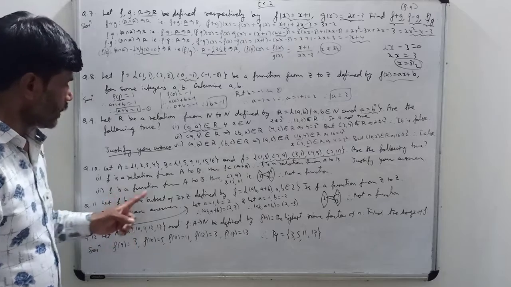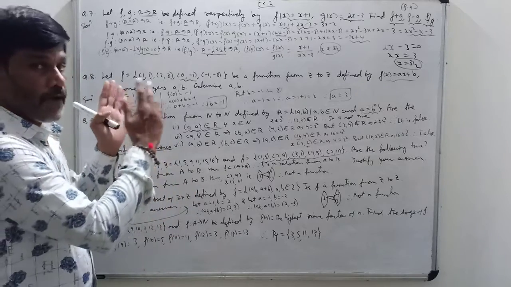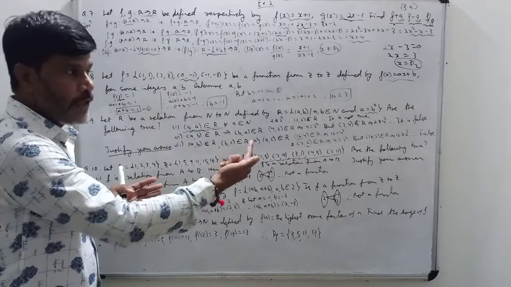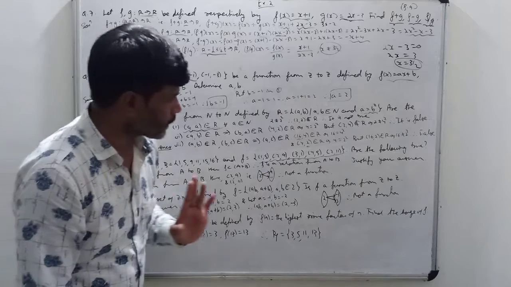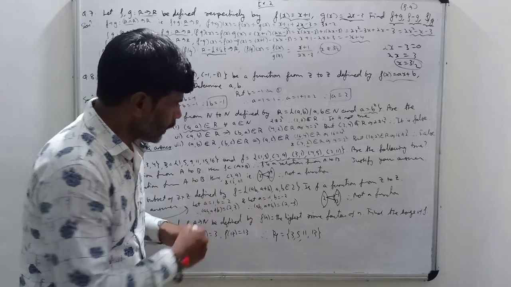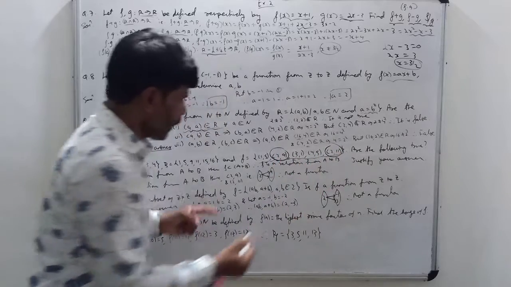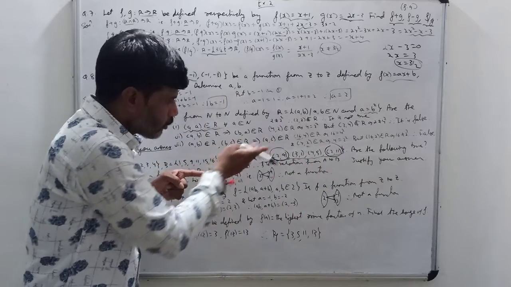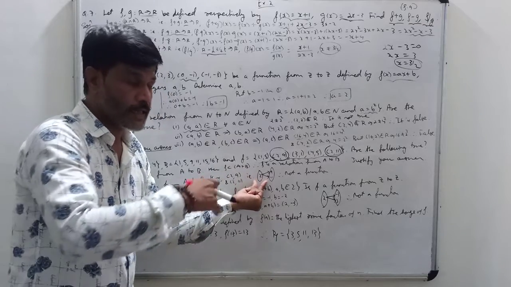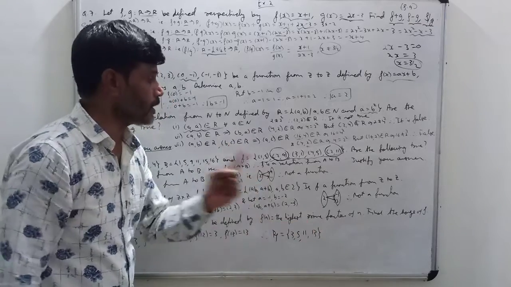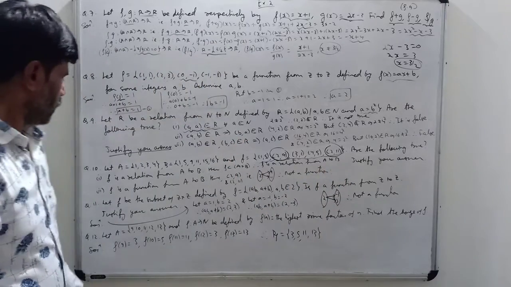Okay. Next, is F a function from A to B? Now for function, again I am repeating the definition. If every element of set A is uniquely associated with an element of set B, then this association is called a function. Okay, let us check. Here I can see (2, 9) and (2, 11). Means 2 is associating with 9 also and 2 is associating with 11 also. Means one element of set A is associating with more than one element of set B, means no unique association. Therefore it is not a function.